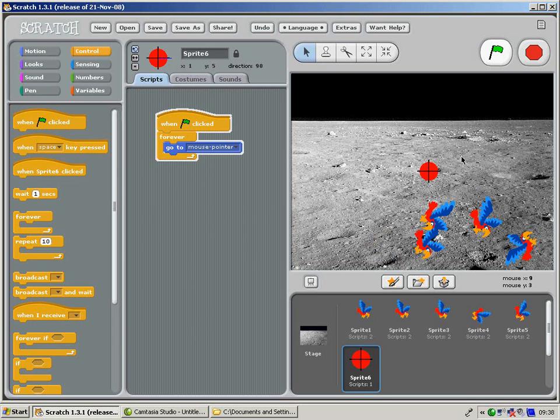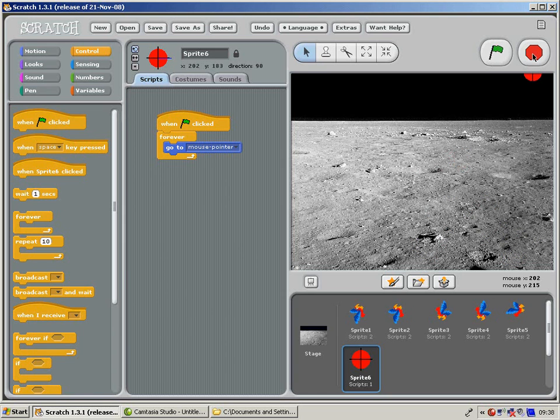So we now want to add a command saying that you need to show the parrots as well if another key is pressed. So I'm going to choose when, and I don't want space, I'm going to choose, let's say, the A key. When the A key is pressed, we want to choose show. At the moment that's just on sprite 1, so we need that command on sprites 2, 3, 4, 5 as well. So all I'm going to do is drag it to 2, 3, 4, 5. We press play, no parrots. We press A, and hopefully you should now